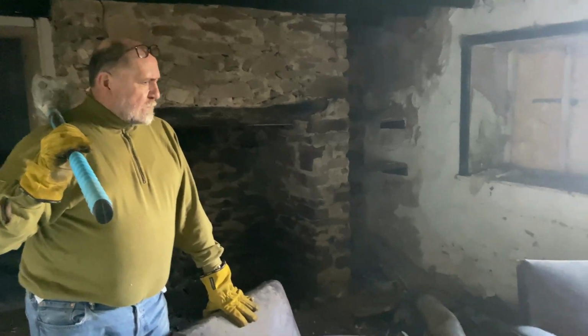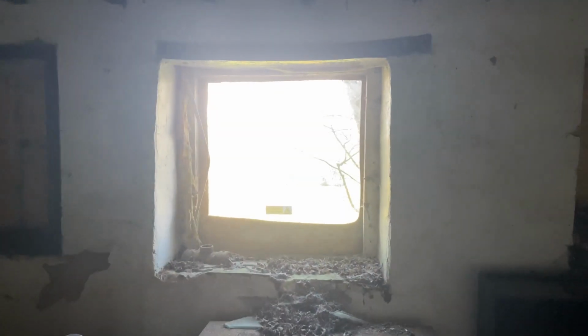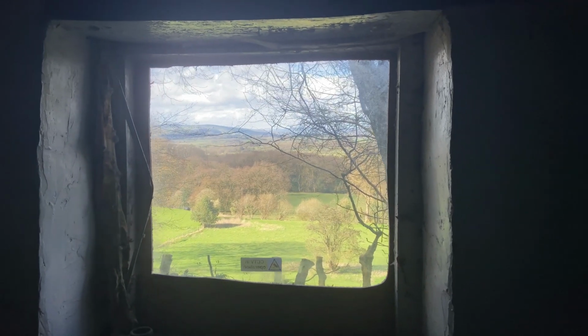Everything in here has to go. You can see it's an absolute mess. I'm hoping to make this into an absolutely beautiful Tudor parlour. I'm going to have mullioned windows all along here and leaded lights that will be in diagonals, diamonds, to give it a Tudor-esque feeling. And you see this fireplace over here